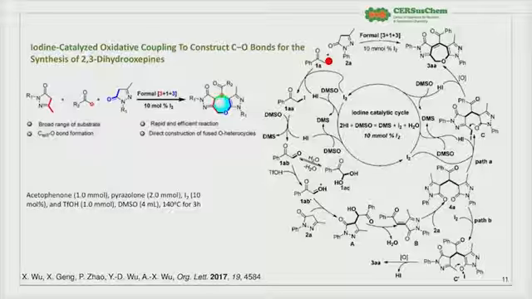The mechanism they propose begins with the acetophenones. As I already mentioned in the previous slides, they demonstrate that in the presence of molecular iodine in DMSO, it leads to the alpha-iodoacetophenone species. Now, that alpha-iodoacetophenone species in the presence of DMSO forms the glyoxal. The glyoxal in the presence of triflic acid forms the protonated glyoxal species, which activates the aldehyde part. Now, this species in the presence of the pyrazolone nucleus results in intermediate A,